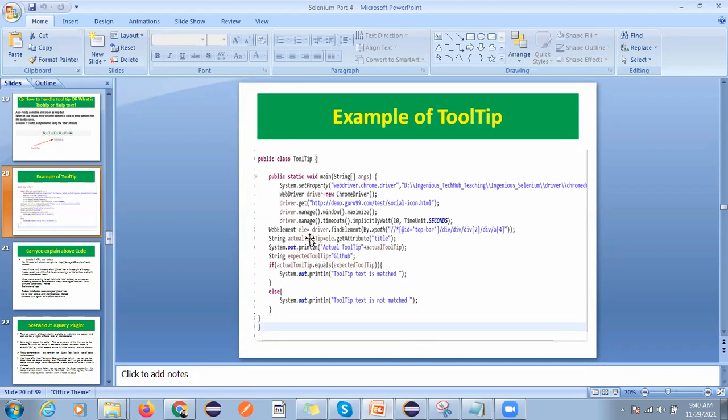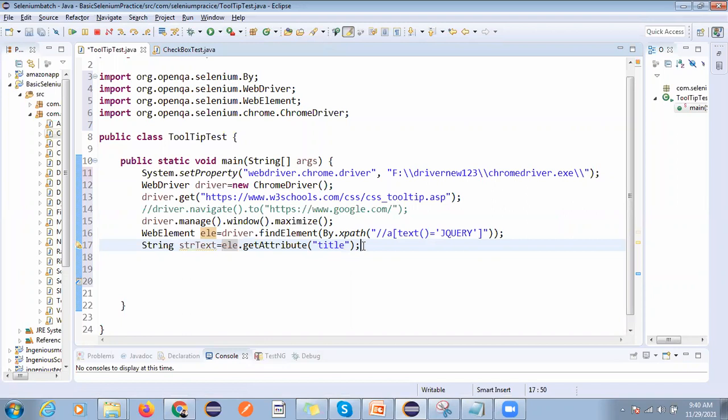Okay, if you print this value, so you will get the actual title, a string, expected title.